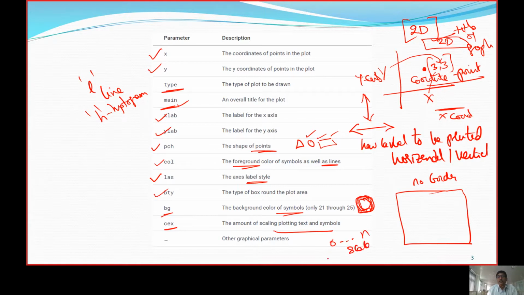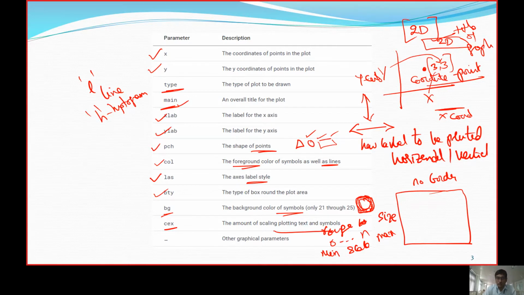It brings up the range, that is, the size it is going to display.